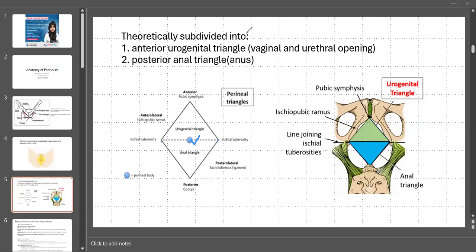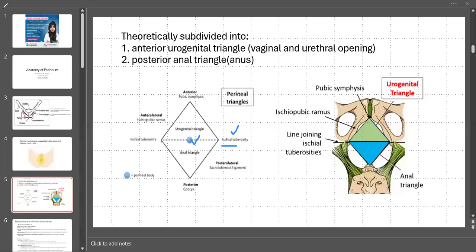But if you don't have this knowledge, then it's a point to add in your memory, that the line joining these two points, on both lateral sides we have the ischial tuberosities, and in the middle we have the perineal body between the urogenital and anal triangles. So I have given the boundaries. You will read the notes and you will learn the boundaries, and they will not give you a question in the exam like